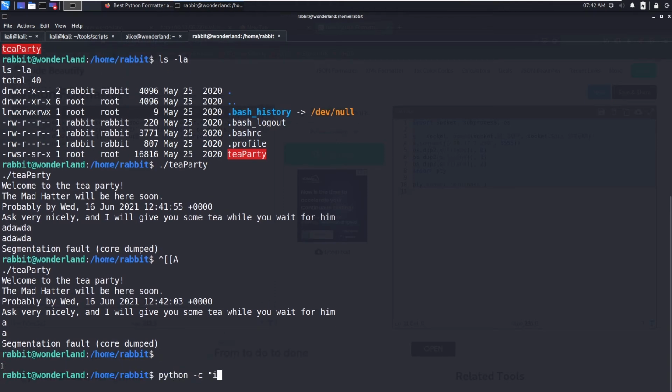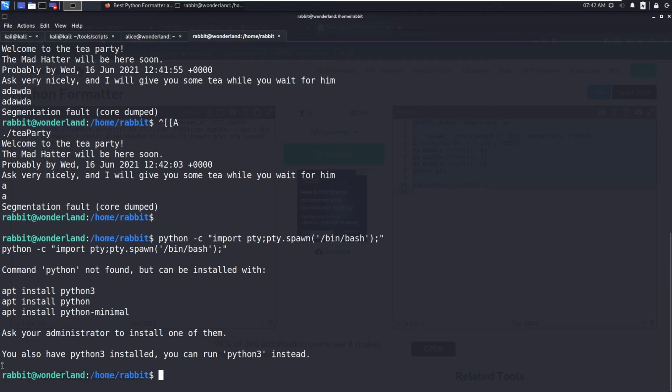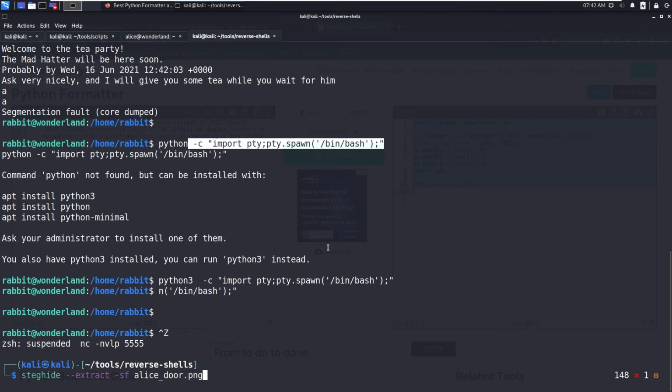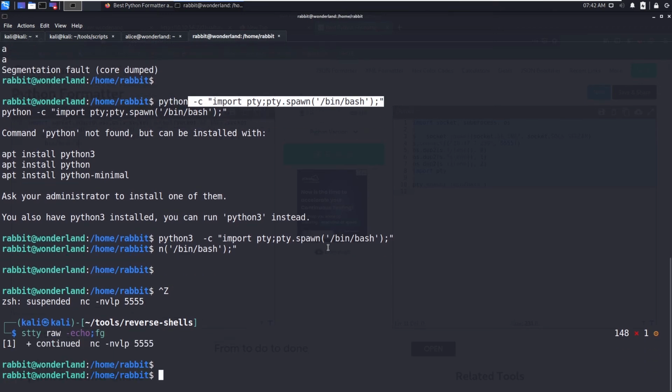So let's upgrade to a TTY shell. So now I think we have a better shell.